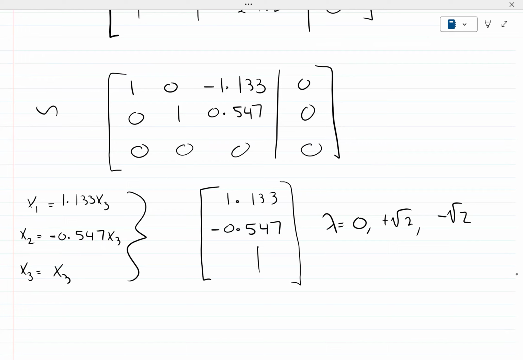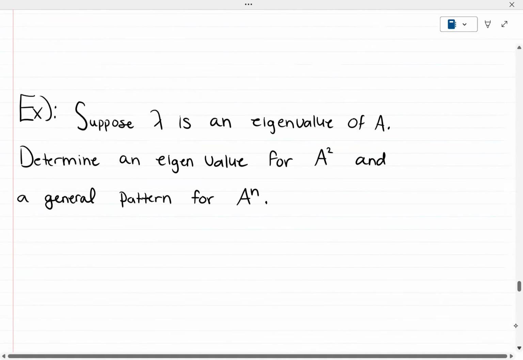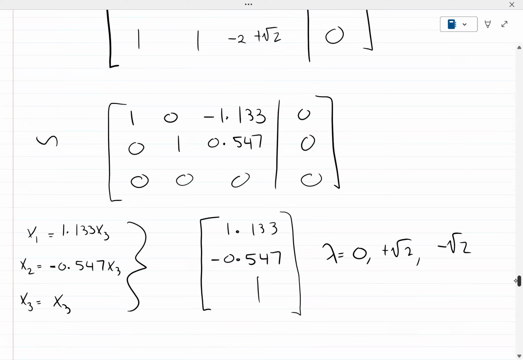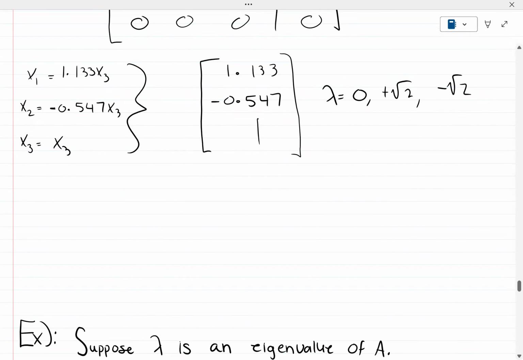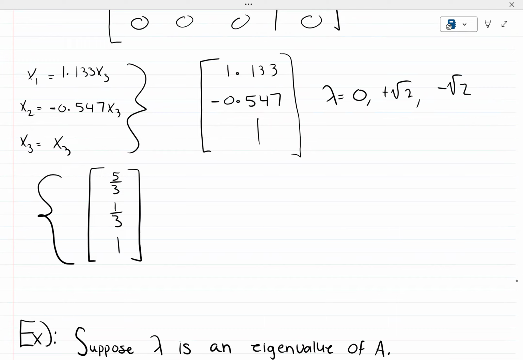So that means our eigenvector is 5/3, 1/3, 1. This is vector 1. And then the next vector would be,